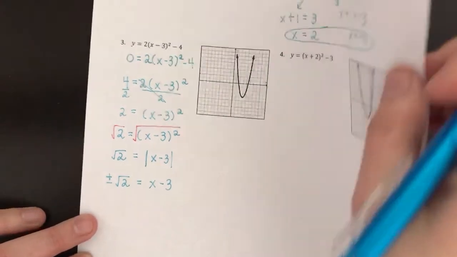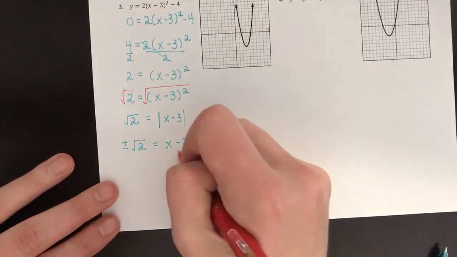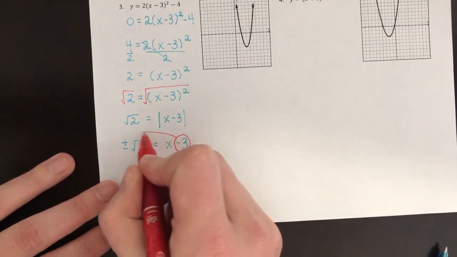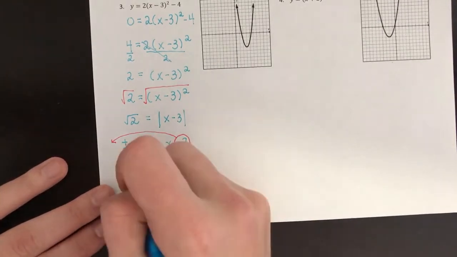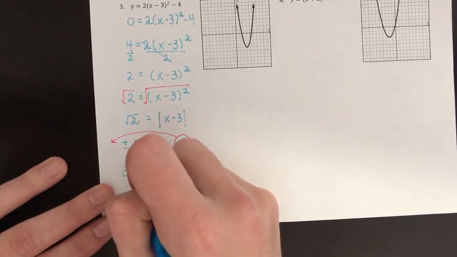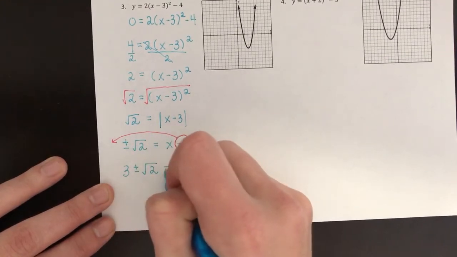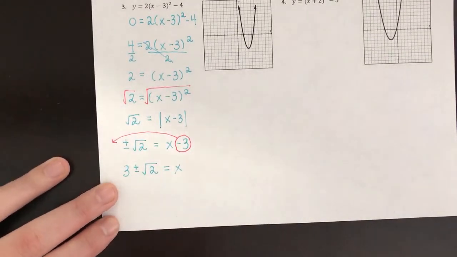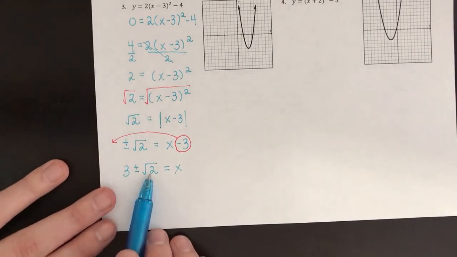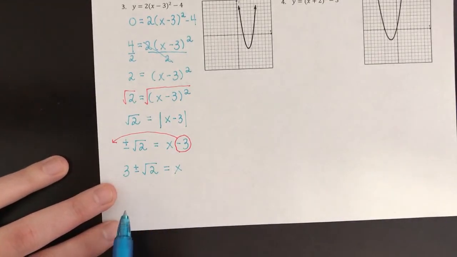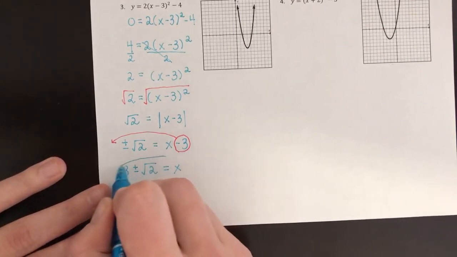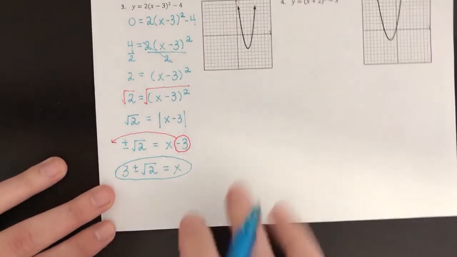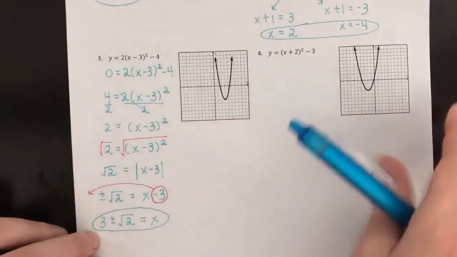So in this case, for our final answer, we're just going to take this minus 3 and move it over, but specifically we're going to put it in the front. So of course, when a minus 3 moves over, it becomes positive 3. So 3 plus or minus the square root of 2 equals x. So you'll always put the integer value in front and the quote unquote not integer ugly number in the back, right? You want this pretty number in the front, this ugly number in the back. So this is our answer technically, and I would be okay with you leaving your answer like this, but for the purpose of the problem, here's what I want you to do